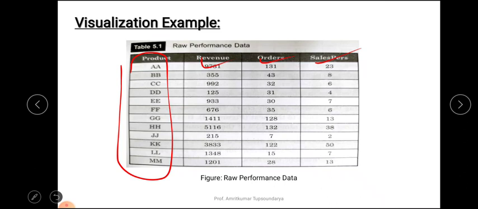So let's say this is the raw data, and to reveal some meaningful pattern, a good first step would be to sort the table by product revenue with highest revenue first, and we can total up the values of the revenues, the orders, and the salespersons for all the products. We can also add some important ratios to the right of the table. So if we modify this table, let's say we have a few other parameters added.